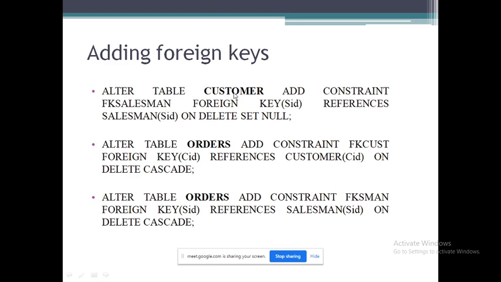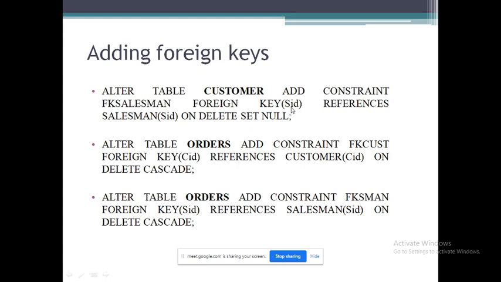First, we'll add a foreign key to the customer table. I hope you remember the syntax because you have already executed the first program, where we added so many foreign keys. So here: alter table, mention the table name, that is the customer table, add constraint and give some name to that constraint. Then use the foreign key, foreign key of SID.